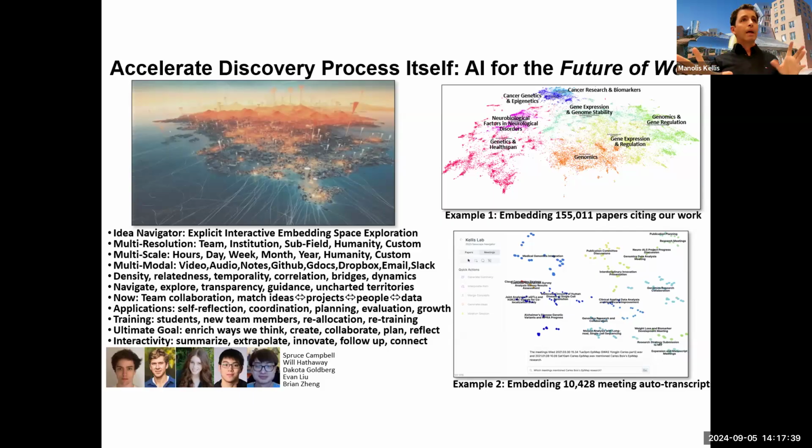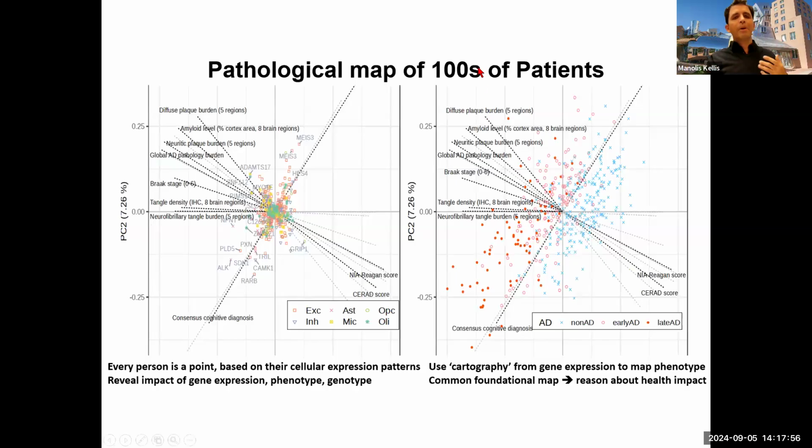Everybody with me here? And by learning multimodal representations of any kind of crazy data set and language, the Z vector will be interpretable because you'll be able to ask it about the language projection of that latent space. Okay? So you can do this with pathological maps of hundreds of patients. Here, every dot is a patient with Alzheimer's disease. And this axis turns out to be pathology. Basically, do they have plaques? Do they have tangles? This axis is cognition, and it's quite orthogonal.